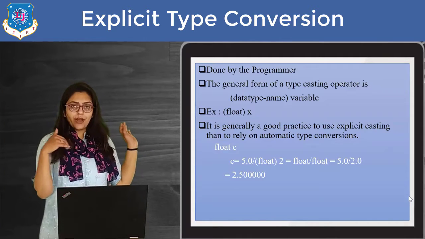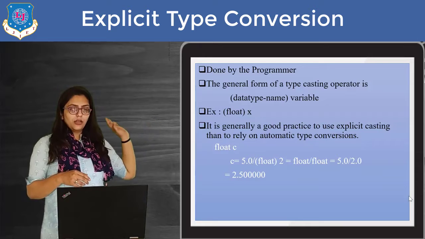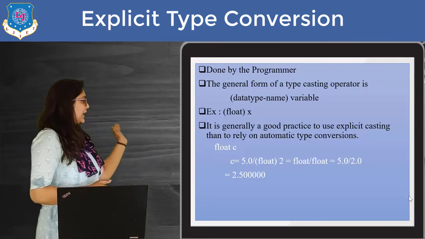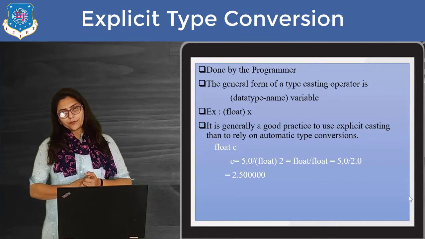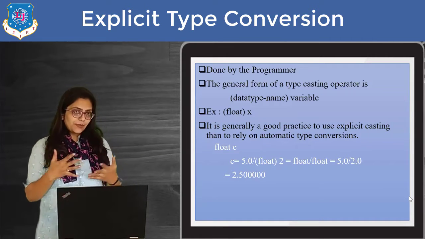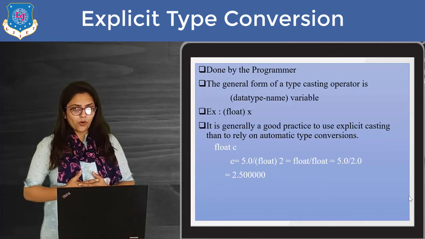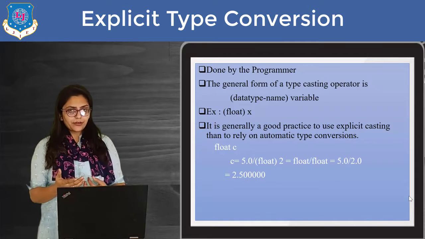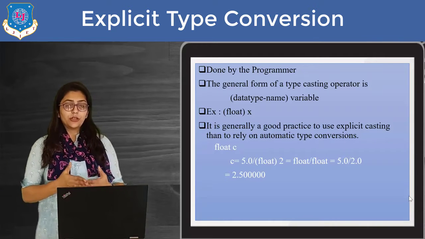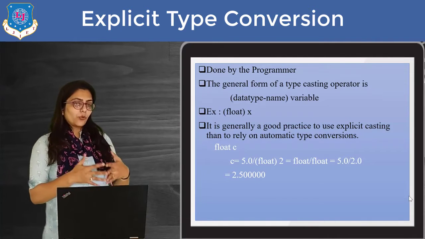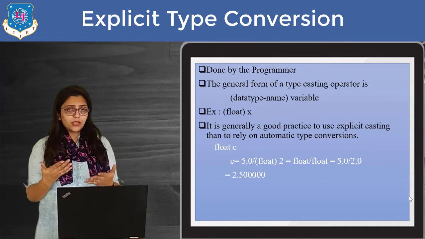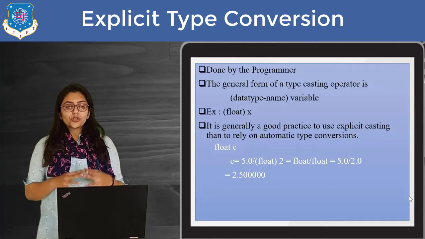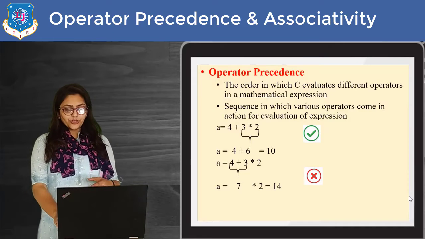If you want to convert a variable, then you can write the variable name after (float). Okay, so it will behave like float by float, and the answer will be float. So that is all about explicit type conversion, which is performed by the programmer. In the calculator program, you can modify it right now by using explicit type conversion, because we have already done the program using implicit type conversion, which is the default type conversion. For explicit type conversion, you have to write the code. So this is all about type conversion.